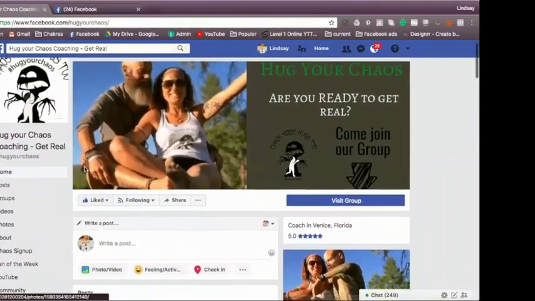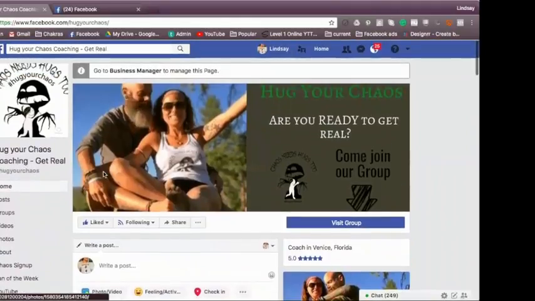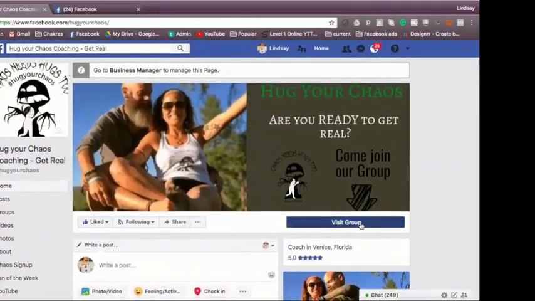Now, your page can be as simple or as complex as you want it. You have an option to add buttons. Chris and I have a page because we want to lead people to the group, because our Facebook group is where we really get people in and work with them more intensively, and we start doing some of our empowerment stuff. So if you think of the Facebook page as like the front window of the shop, what do you want to do when somebody's window shopping? You want to bring them into your store. So that can then be your Facebook group.